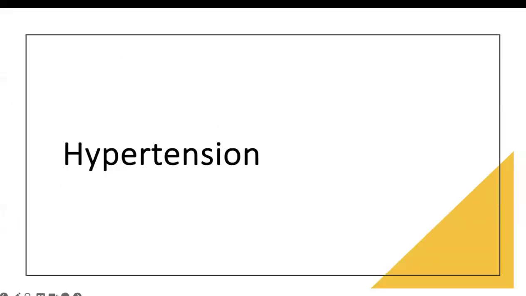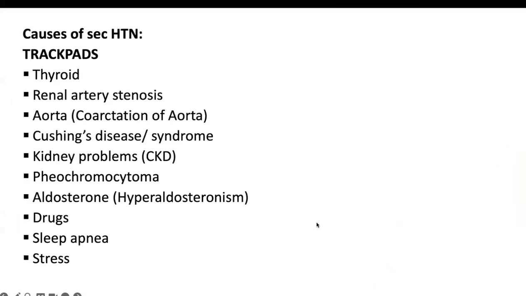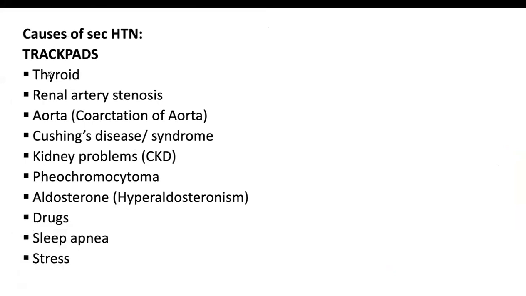Hypertension, important for exam. The case is hypertension. You need to find out if it is a primary hypertension or a secondary hypertension. Secondary hypertension is only 5 to 10% of cases, but there are lots of causes of it. So thyroid, that you should rule out. Renal artery stenosis is important to rule out. We should also rule out coarctation of aorta, but you can't actually ask any history for it.